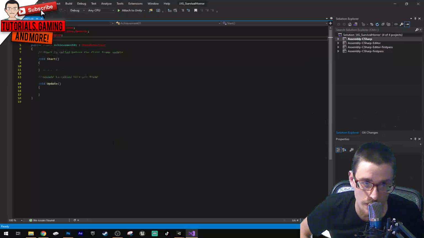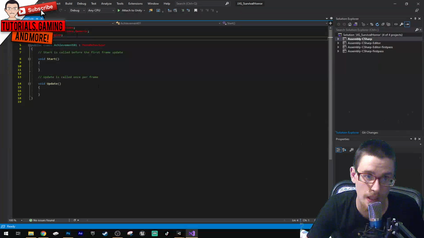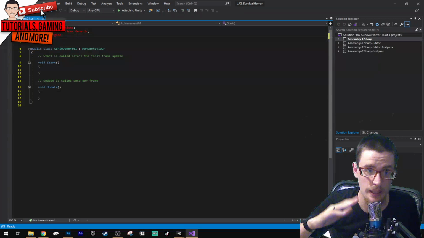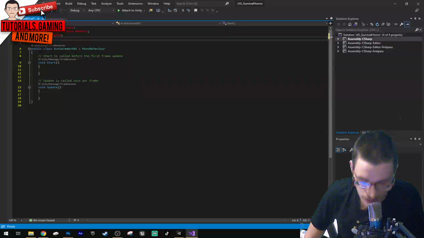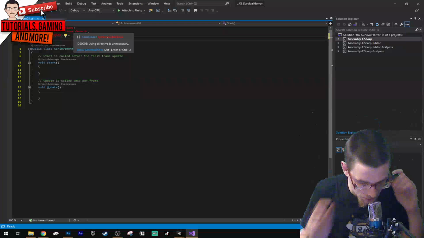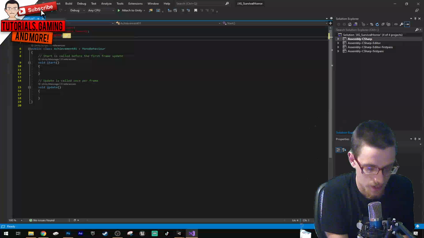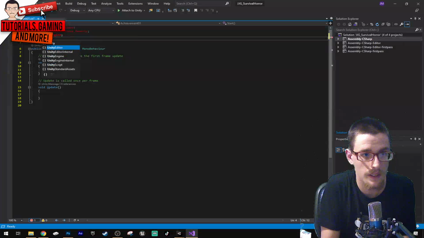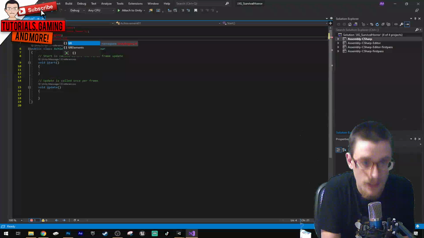For this script, we'll be using a namespace because we're using UI elements. In order for achievements to pop up on the screen, you have to reference the UI, because if you don't reference it, it's not going to work. So first we're going to do the namespace. We're going to type in using UnityEngine.UI;